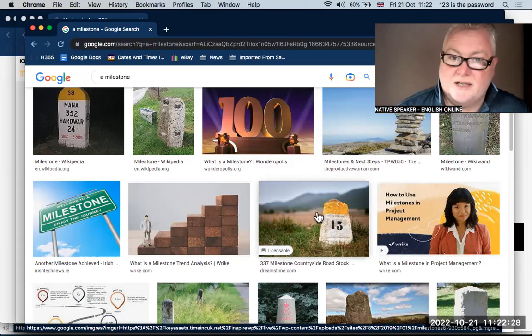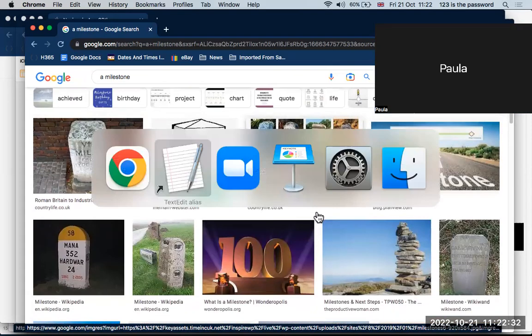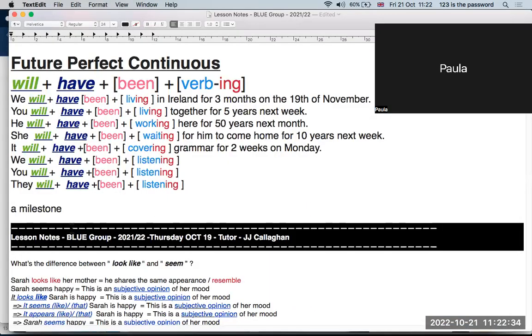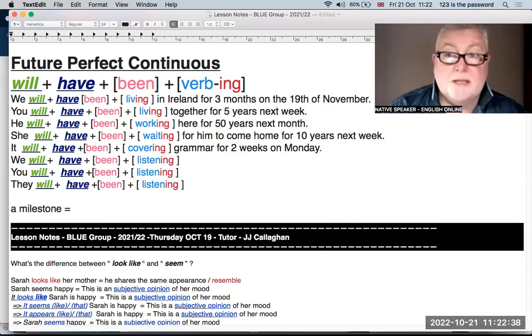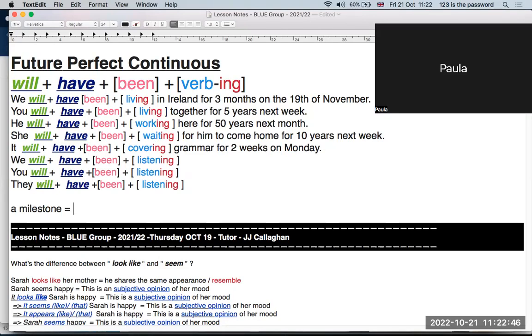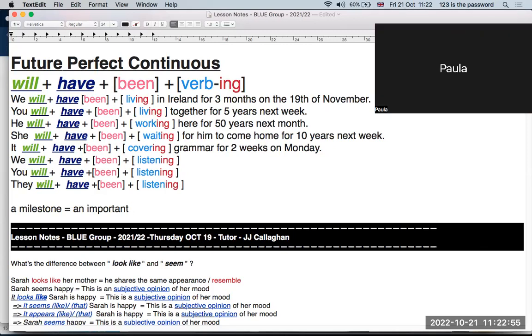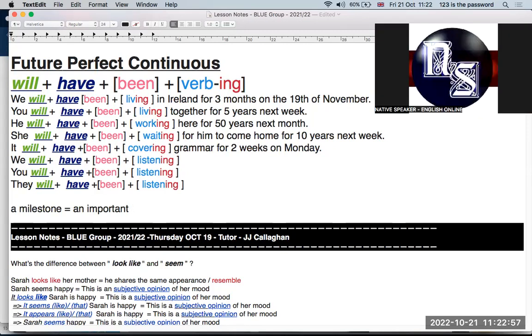An important success in your life or an important event. It's usually positive, but it could be negative. Sometimes our parents die or our grandparents die. So an important event in the story of your life, maybe. Or career or project. You know, for example, if you're planning a corporate